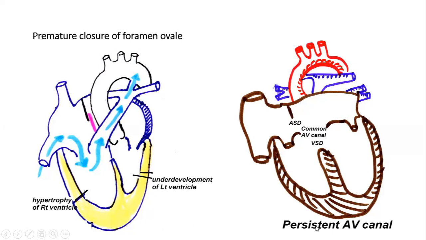Okay, then there is something called the persistent AV cushion canal. Because I said here there is development of the AV cushion. If it doesn't develop here, then it leads to communication of the atrium from the ventricle. So there is a persistent AV canal, a common AV canal, through which the atria and the ventricle are communicating with each other. So there is ASD, atrial septal defect, as well as VSD, ventricular septal defect. Both defects are there because there is no middle part, that is the endocardial cushion.